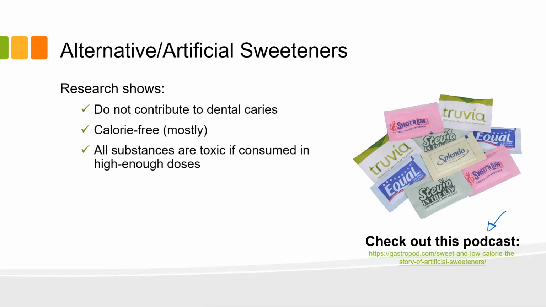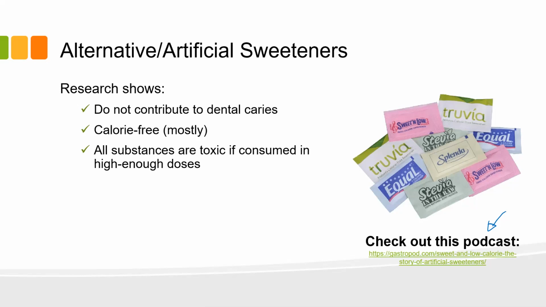Believe it or not, more rats have been fed these things than you would possibly imagine. In terms of chemicals, these things have been tested more than almost anything on the planet. It's actually incredible the number of studies done on aspartame and other artificial sweeteners. Depending on the sweetener, they're mostly or can be calorie-free. They don't contribute to dental disease. And all of these chemicals are exactly that. They're different chemicals. Some of them are toxic if consumed in high doses, and we've done that with rats. And the doses that they're feeding rats is so high, it's almost unrealistic to think about humans consuming that much.